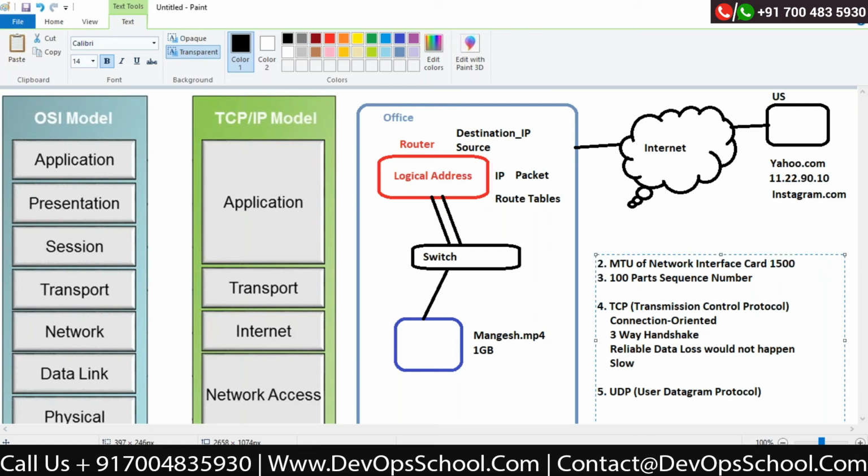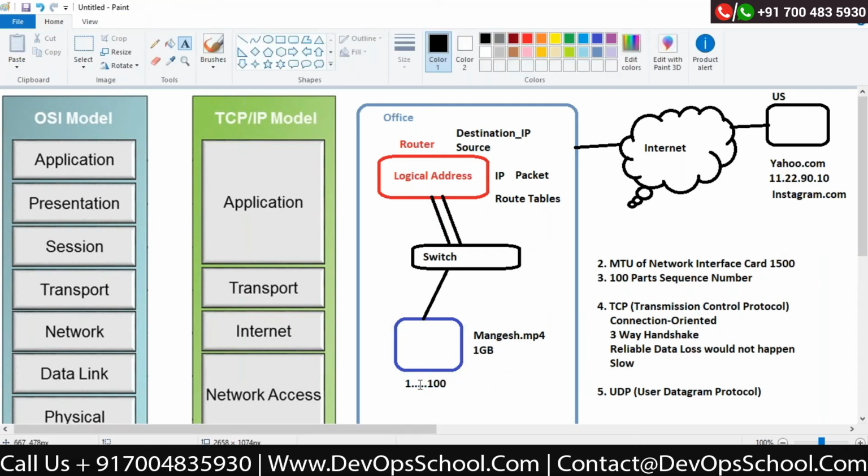Let's understand how the transport layer works with the TCP protocol. Let's say I have 100 parts of this 1 GB file. What will happen before he actually starts sending the data to Instagram.com? It is connection oriented. If I start sending the data through TCP, first he will not send the data.